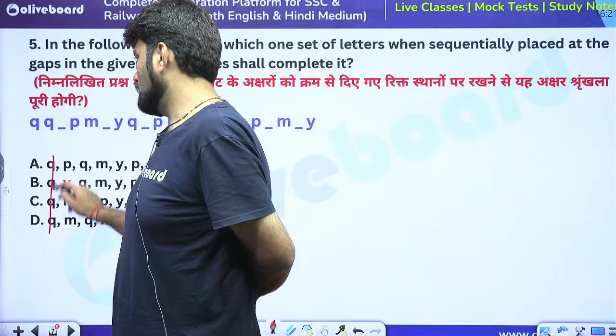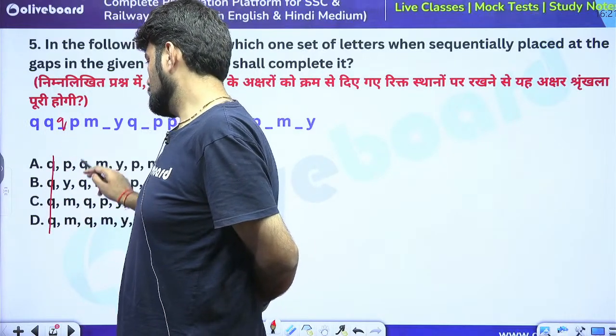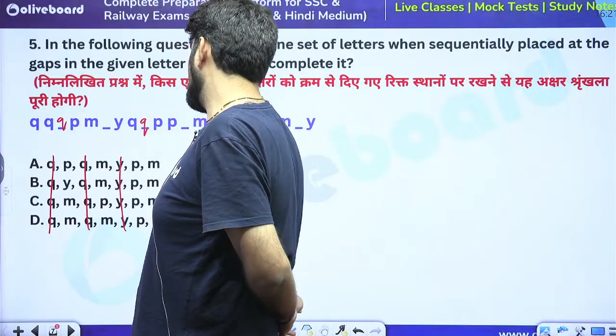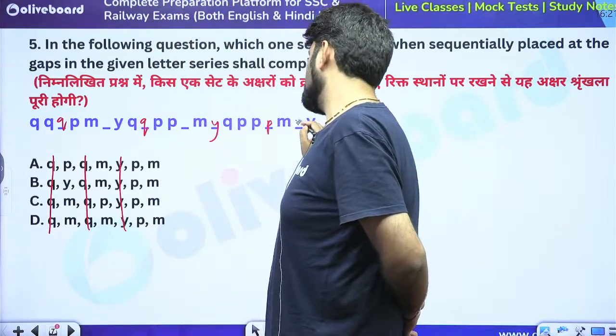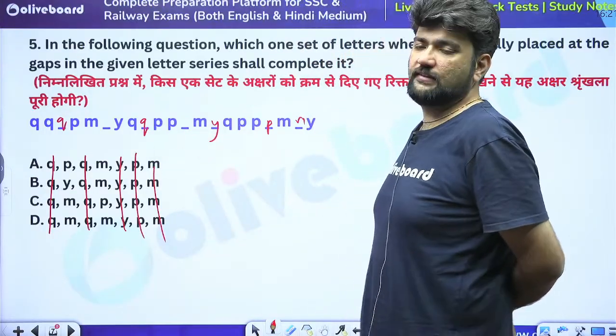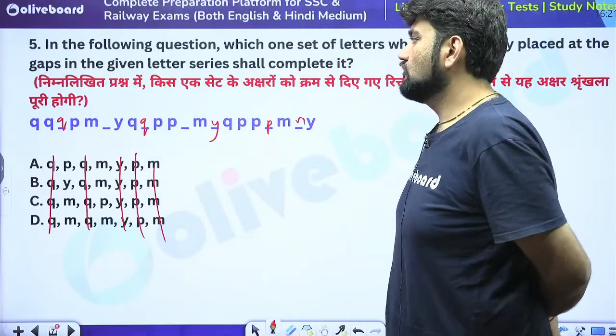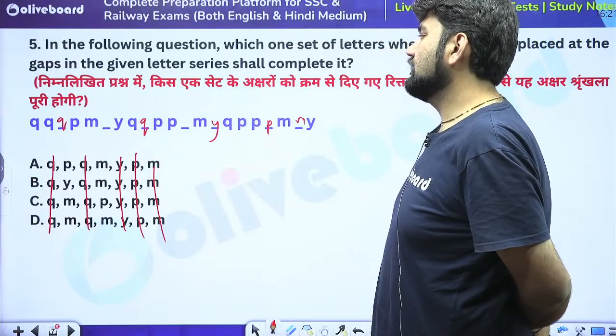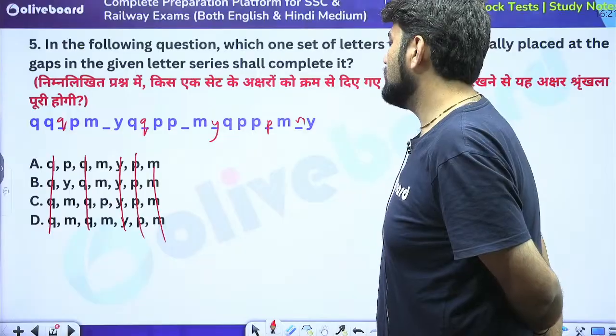See, first letter is Q only. So put Q. Third letter is Q again, so put Q. Fifth letter is Y, put Y. Sixth is P, seventh is M. We can see that only, no? So only two blanks is what is going to decide everything now. This much is same. So you know that triple Q PM Y double Q double P, wait, always also check